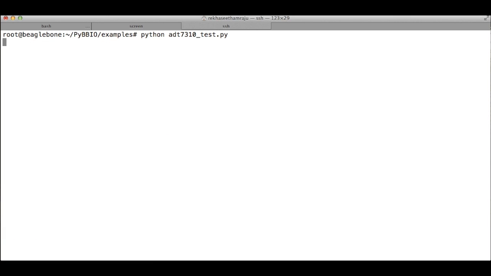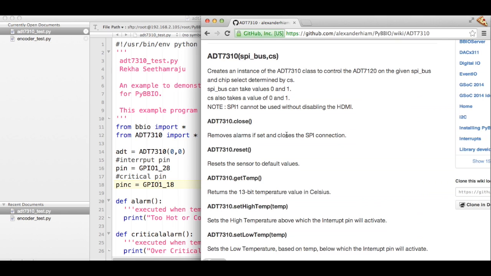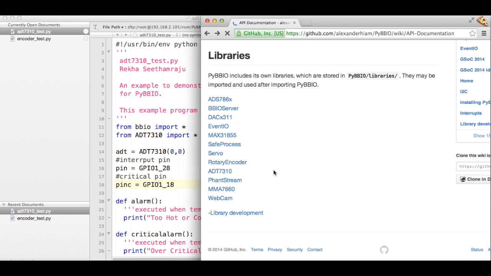So when I run the example program, I get 0 temperature because I don't have the sensor right now to demo it. But yeah, now on to the next sensor,